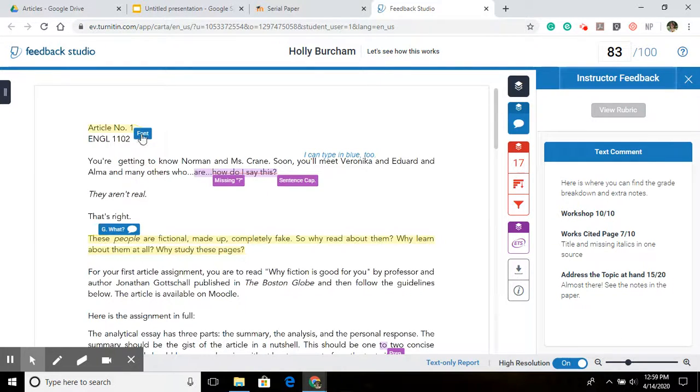And then you need to go through and click on all of these little blue things so that you can see what I suggested and hopefully learn from those things so that the same thing doesn't happen for your paper of many parts. And that's it. That should knock it out. Please, of course, email me if you have